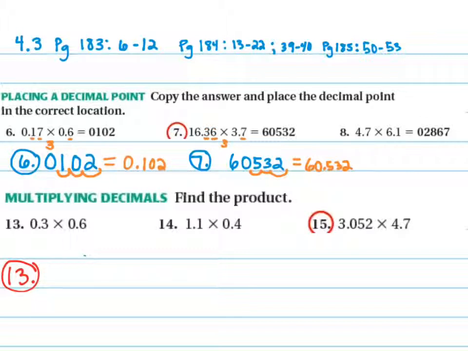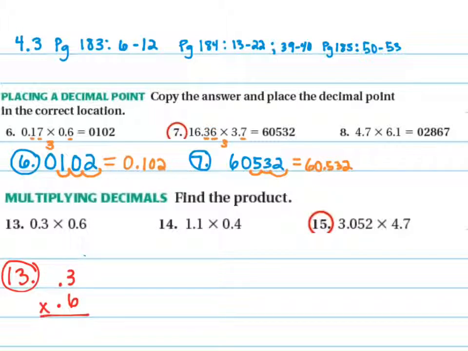Well, you should have number 8 answered by now, and so let's go ahead and move on to 13, 14, and 15. This is going to help us through 13 through 22. It says multiplying decimals, find the product. So the first thing we're going to do is multiply these 2 decimals, and in order for us to set this up, the first thing I want you to realize is we don't need the 0 in front when we're multiplying, so I'm going to get rid of that, and I'm going to write it as 0.3